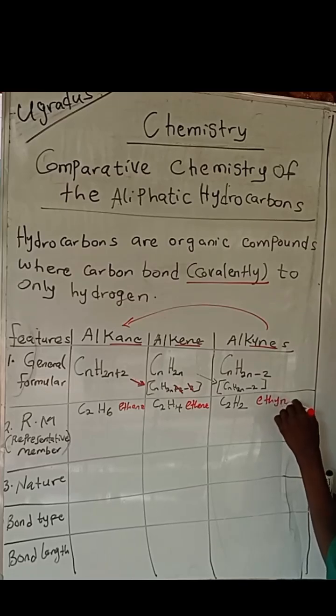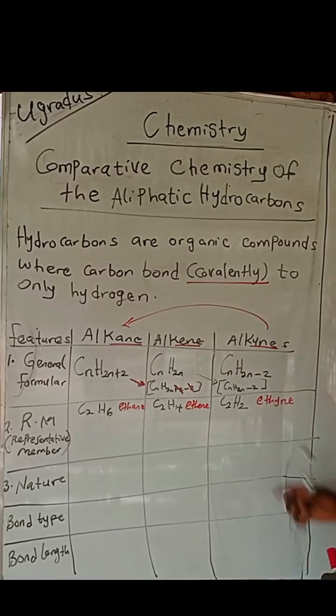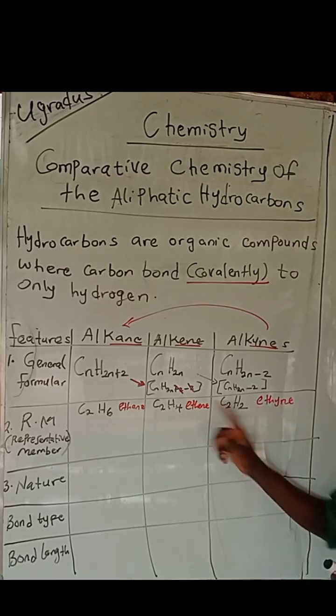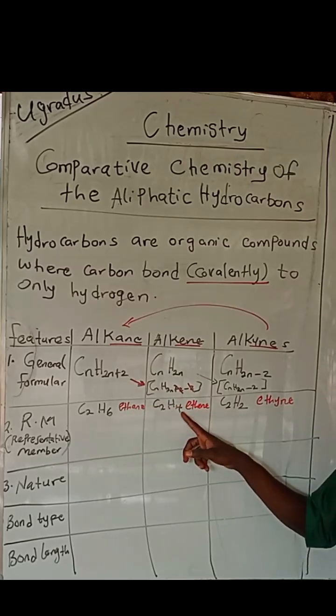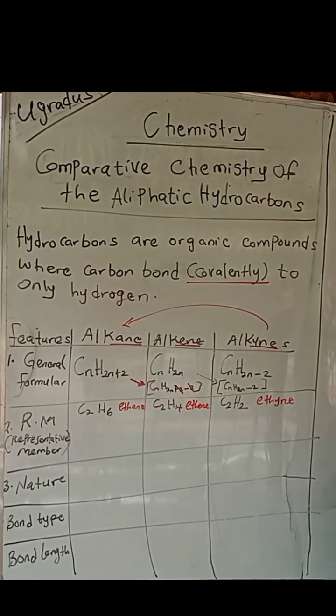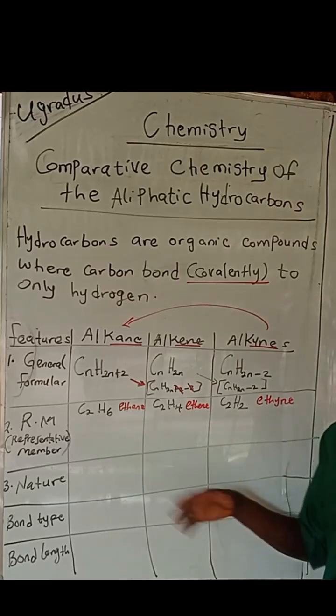And the alkyne equivalent will now be ethyne. It's going to be 4 hydrogen less than alkanes, and then it's going to be 2 hydrogen less than alkene. That's how you create it. For me, if you may ask, the best way for you to learn this thing